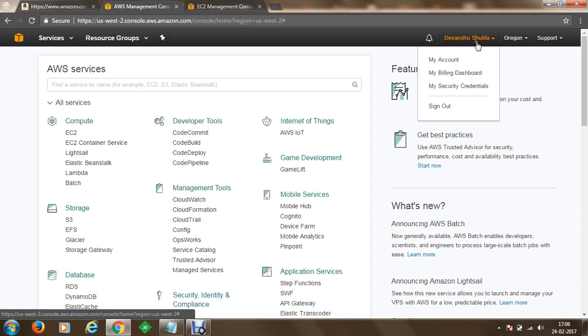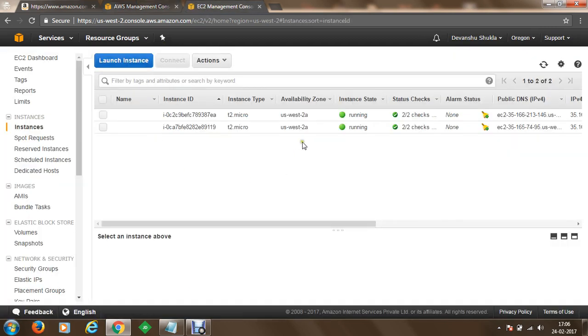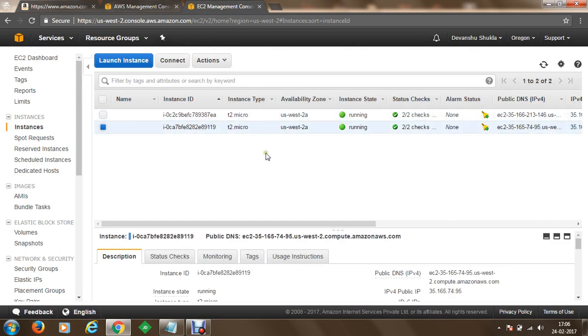Once I have logged into my account, you can see that various Amazon AWS web services are listed here. We are going to make use of compute services, and the service which we will use is Elastic Compute 2. This is to create virtual servers in the cloud. Once we have clicked on the link, we have got the EC2 Management Console, where at the moment I have two different servers running. In this demonstration, we are going to create a new Kali Linux instance on Amazon EC2.